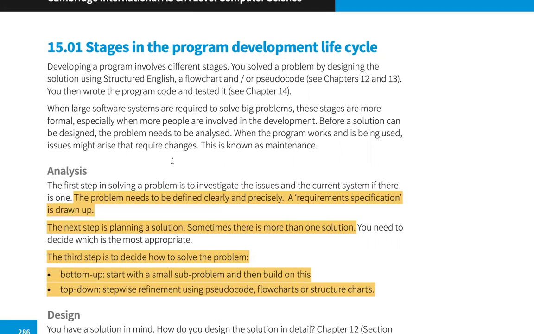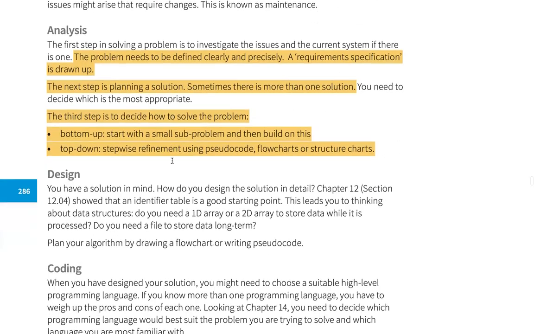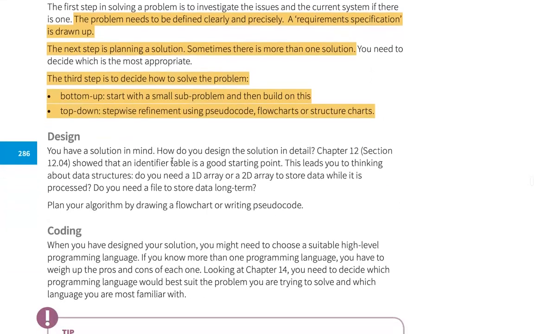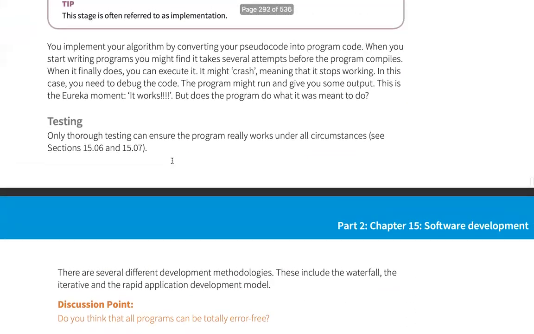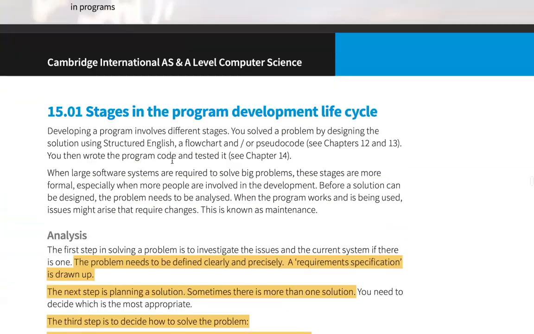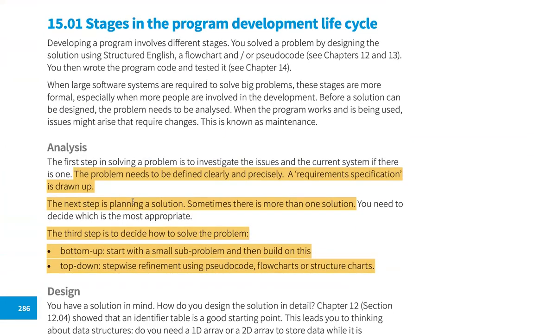So there are many names and there may be sub parts of each part mentioned here, but our focus in this syllabus is with these phases. So analysis phase, design phase, coding, testing. Now, first of all, let's look at what it means by analysis phase. First of all, you need to understand that we are in the business of problem solving. So when you are presented with a problem, it becomes our goal to solve that problem using some software tool. But in order to successfully be able to do that, we need to first understand the problem clearly. So if you can define the problem precisely,